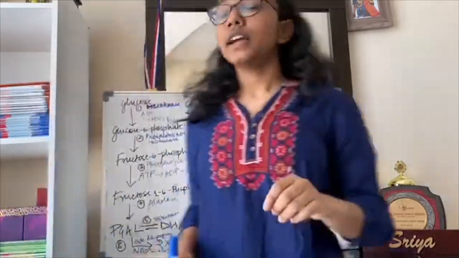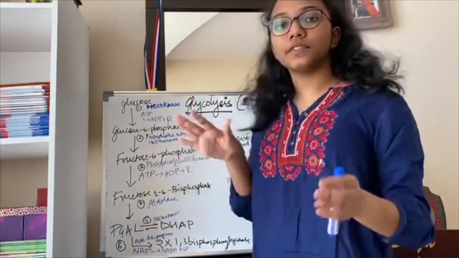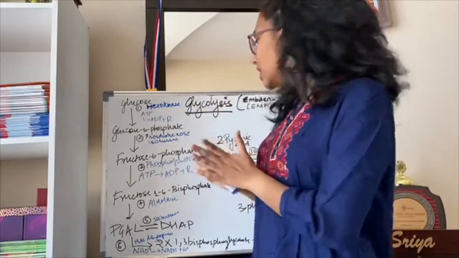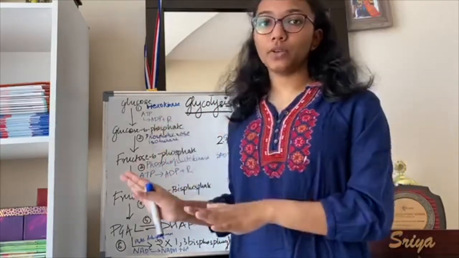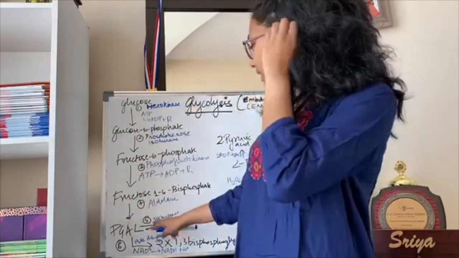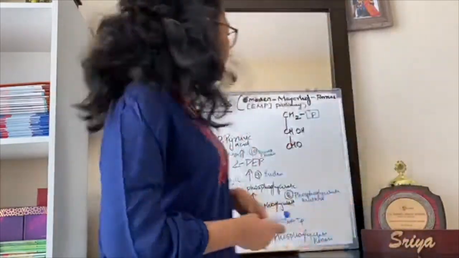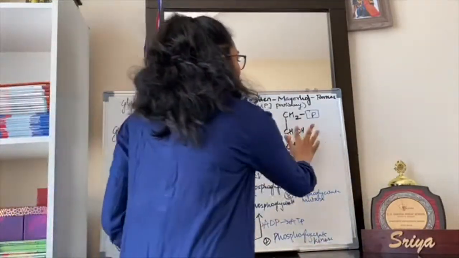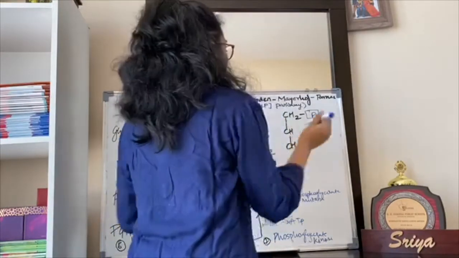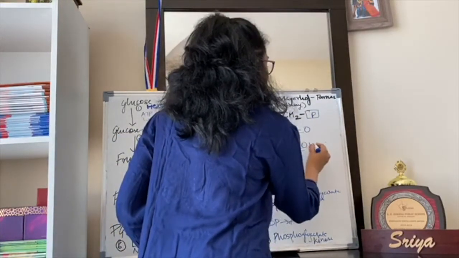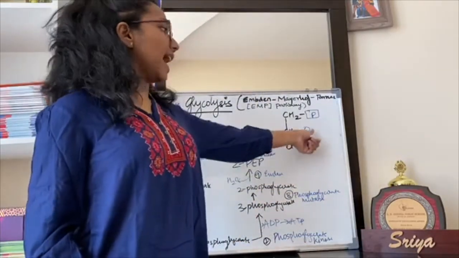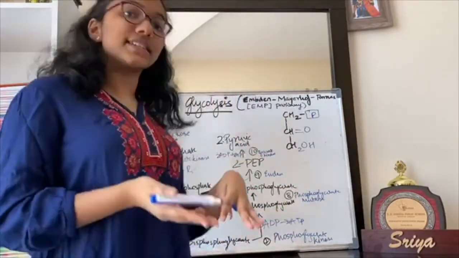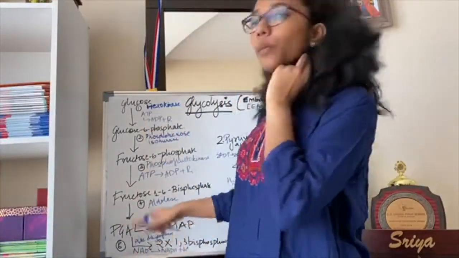Now this PGAL, in the 5th step, is interconverted into DHAP. What I mean by interconverted is that both these molecules are formed in equal amounts because they're just isomers. Another enzyme, isomerase, is used to convert PGAL to DHAP, or dihydroxyacetone phosphate. As the name suggests, DHAP will be something like this: hydroxyacetone, with a ketone group. So these both just get interconverted.